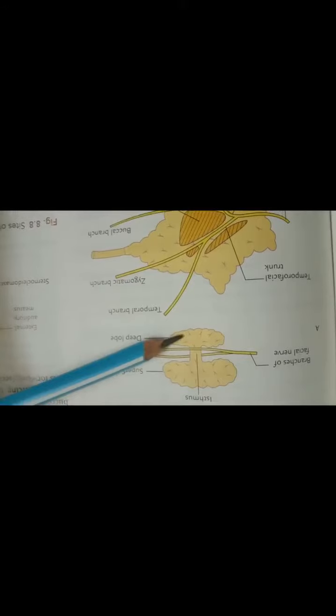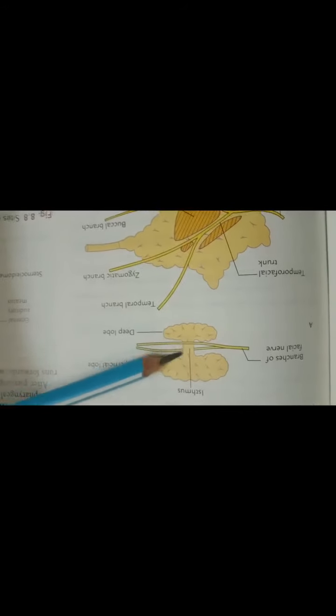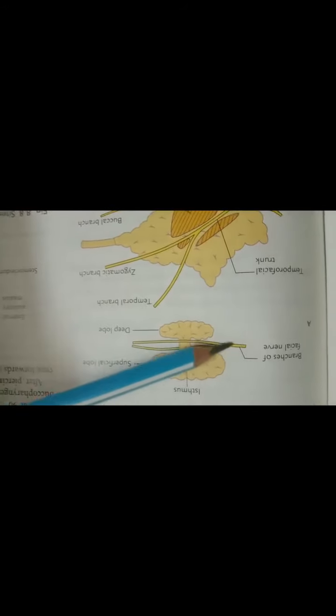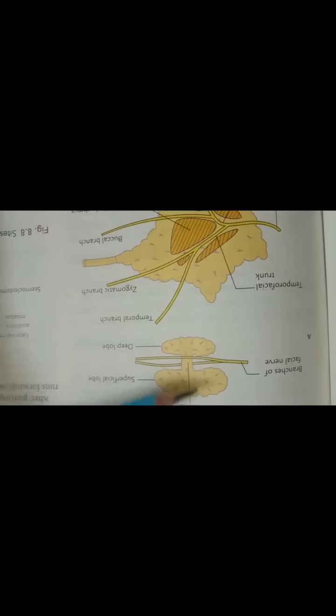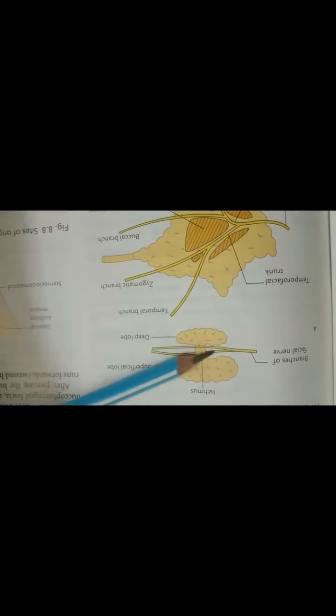The branches of the facial nerve pass forwards through the isthmus. So here, from the isthmus, the branches of the facial nerve pass. The plane between the superficial and the deep lobe, in which the nerve and veins lie, has been designated by Petit as the faciovenous plane, and this plane helps the surgeon to remove a parotid tumor. So clinically, this Petit's faciovenous plane is very important for the surgical view.